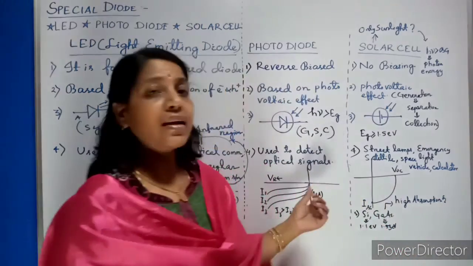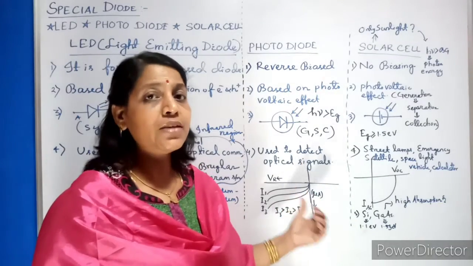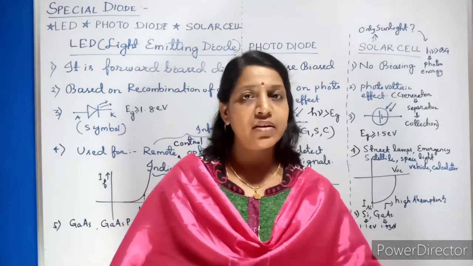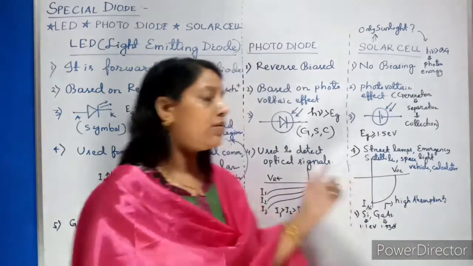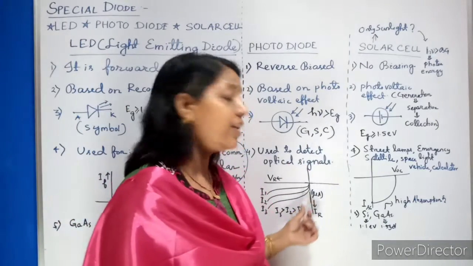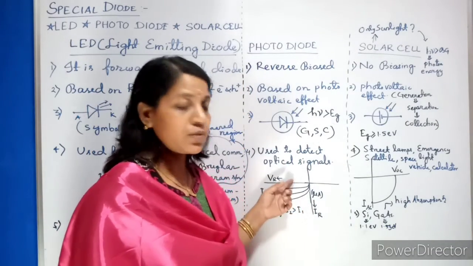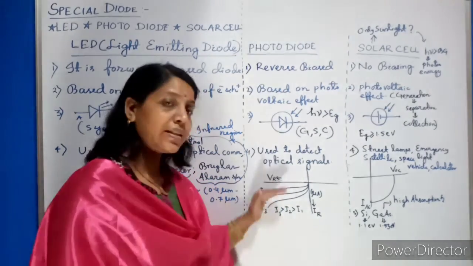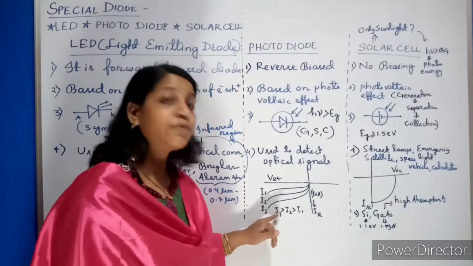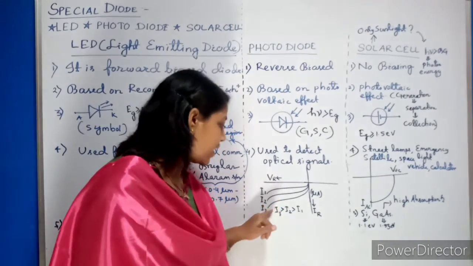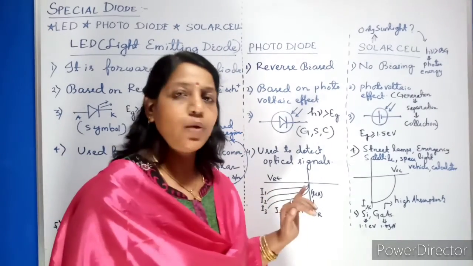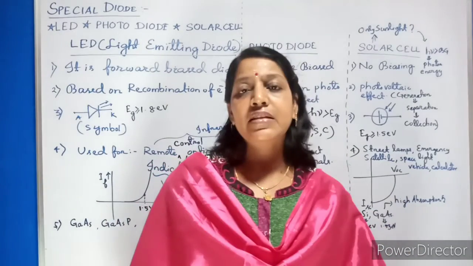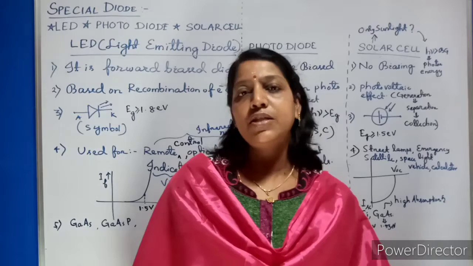Now coming to the VI characteristics, as it is negatively biased, you have seen already the Zener diode, it is reverse biased, where you find the graph in the third quadrant. Same way this is also reverse biased, so you will find the graph in the third quadrant. This is your reverse voltage, this is your reverse current. You will find I1, I2, I3 like that, where the lower currents are of higher value compared to the upper current. So I3 is greater than I2, greater than I1. Clear about it? And for what purpose is it used? It is used to detect signals, so it is called a photodetector, the photodiode.